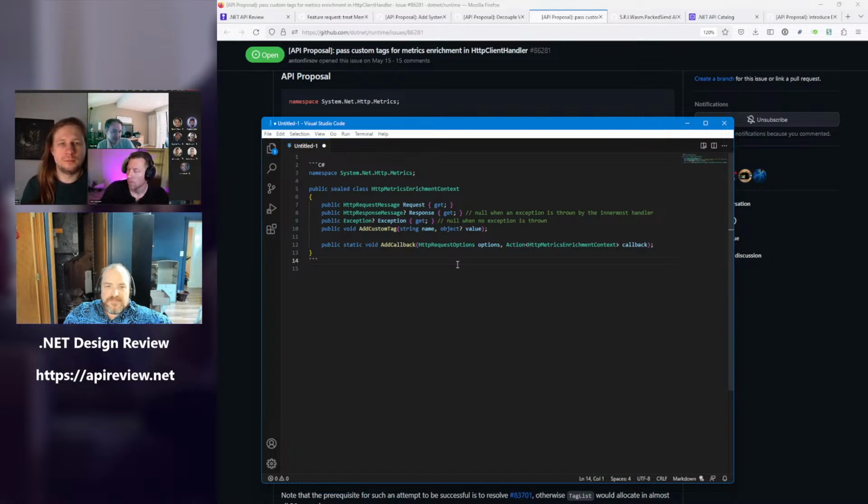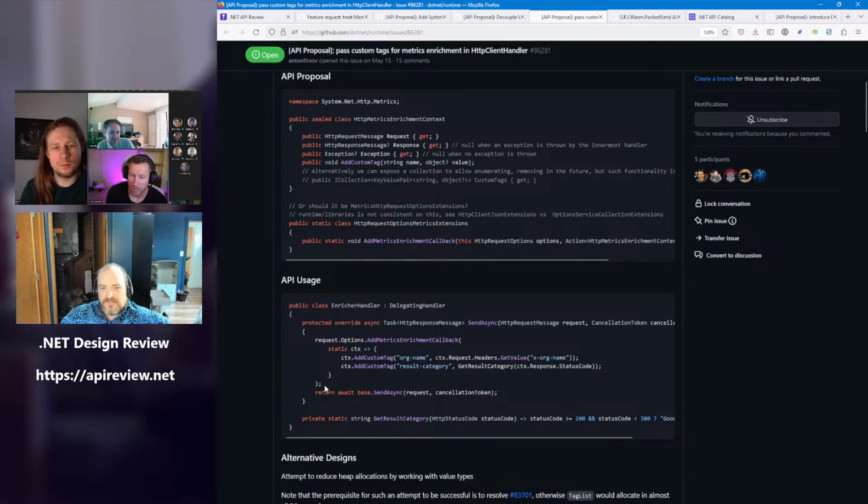Exactly. I think I'm more with James too. Power users are people too. But, you know, to the point, you can always add the extension method later, and no one's going to be sad that there's this add callback method on enrichment context, really. Can we just take the sample code from the API proposal and rewrite it with the new syntax? Yeah, this one.